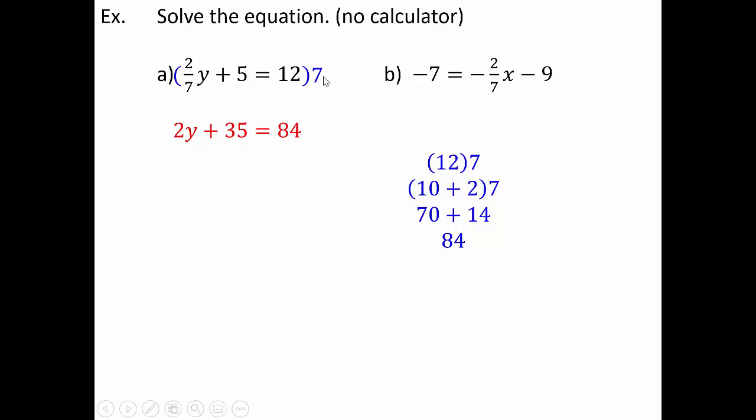By multiplying the whole thing by 7, that got rid of the fractions, and then I could solve from here. Subtract 35, I get 49. And of course, the easy way to do 84 minus 35 in your head is I'm going to subtract 5 first. 84 minus 5 would be 79, and then 79 minus 30, well, 70 minus 30 would be 40, so 79 minus 30 would be 49. And then divide by 2, and I get 49 over 2,